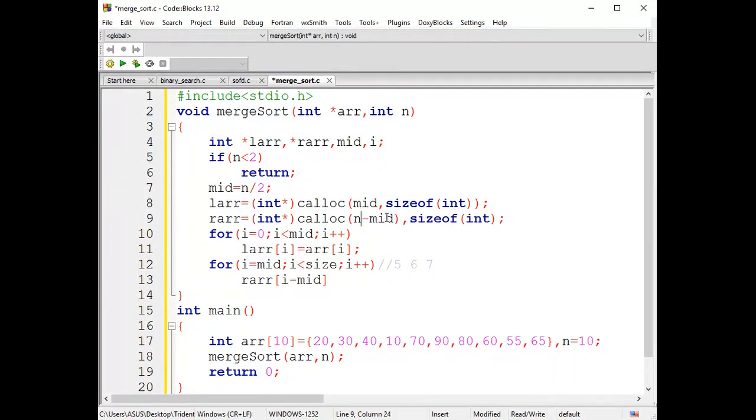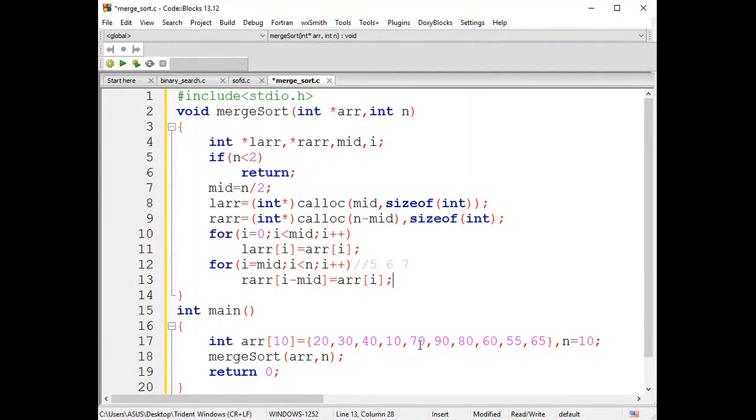Again here I made a mistake, it should be n minus 1. And here, size, guys. Since I kept specifying size and writing size here, wherever we mention size, you're supposed to mention n as the value. Is this clear so far, guys? Why I mentioned this as I minus mid, followed by array of I: I'm copying the first half into your left array and the next half into your right array. So this operation is done.